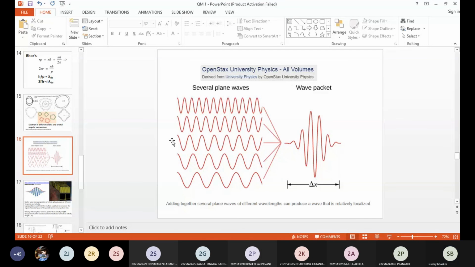And next, another important point is we are saying that matter exhibits wave nature. When I say that matter exhibits